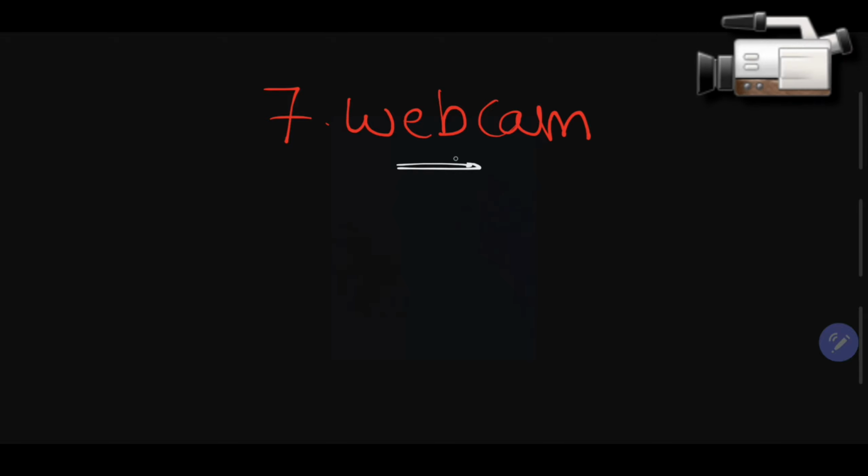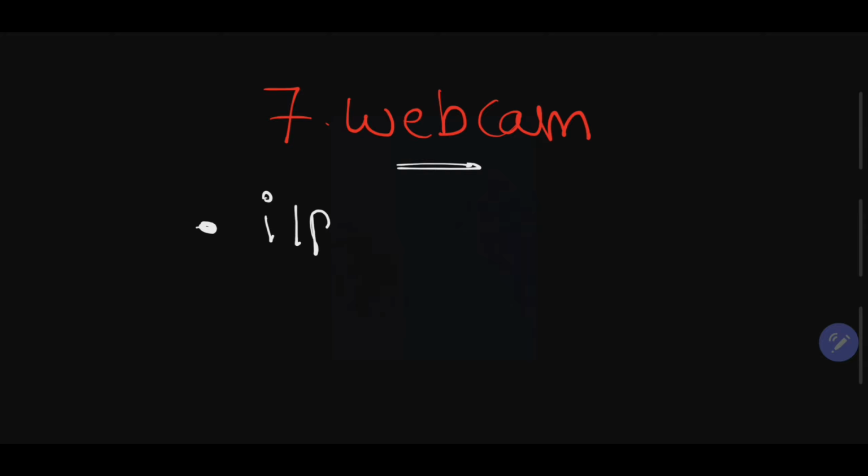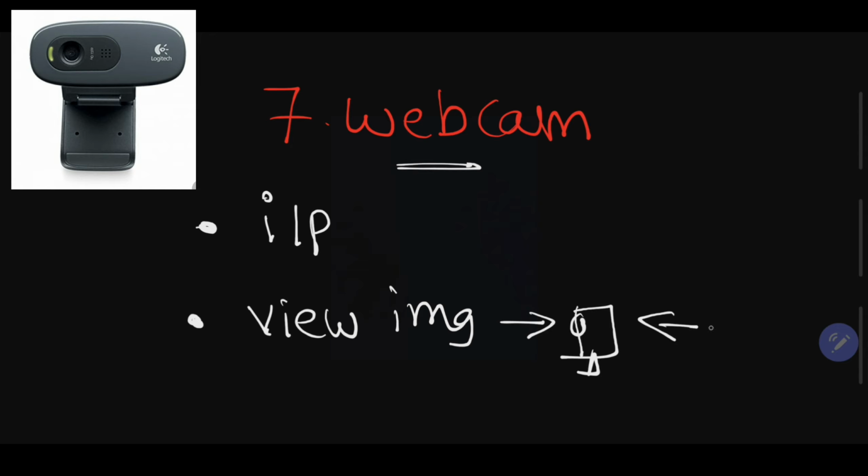Next input device is the webcam. So webcam is also an input device. With the help of this input device, we can view images on the screen, and basically it is used in the internet.